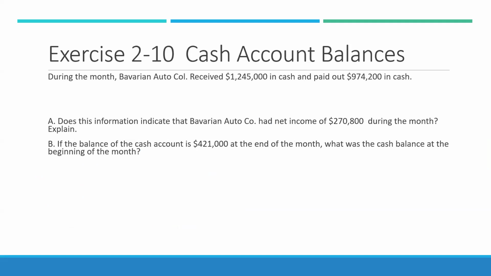During the month, they received $1,245,000 in cash, and then they paid out $974,000 in cash. Does this indicate that they had 270,000 in net income? And if the balance of cash is 421,000 at the month end, what was the cash at the beginning of the month? So